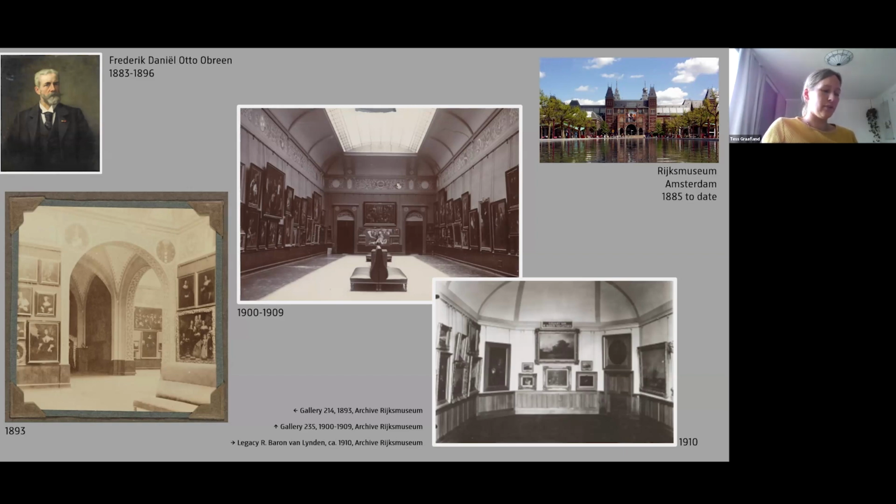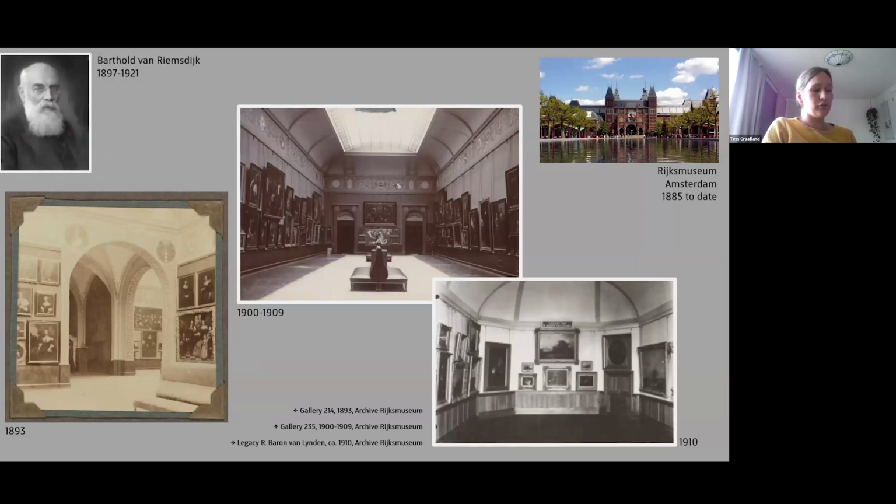And because of this protest, the following director, Van Riemsdijk, decided that the renewal of frames would only happen in-house and that only on rare occasions new frames were ordered. He cut down the budget as well, as he didn't share the idea of having all old paintings in black profile frames. He put paintings back in their previous 19th century gilded frames, if those still existed, and the black